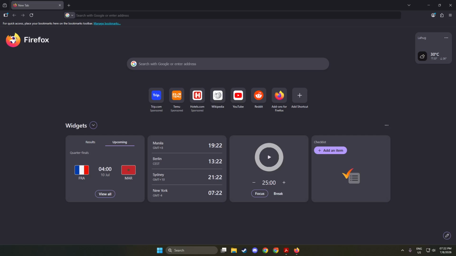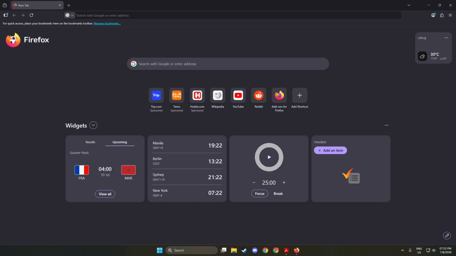You will notice the home page appear, filled with your bookmarks, suggested sites, and possibly news headlines. Opening Firefox is the essential first step because it allows us to access the settings and features we need for troubleshooting. Once Firefox is up and running, you are ready to move on to the next step.